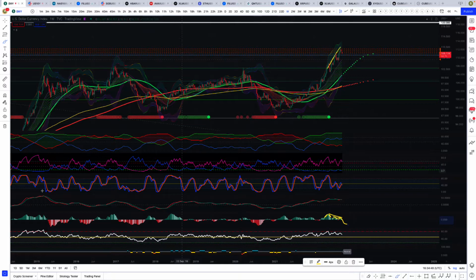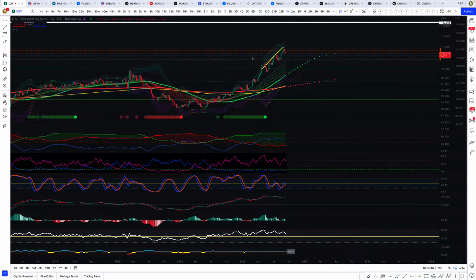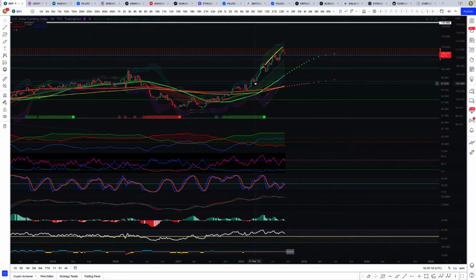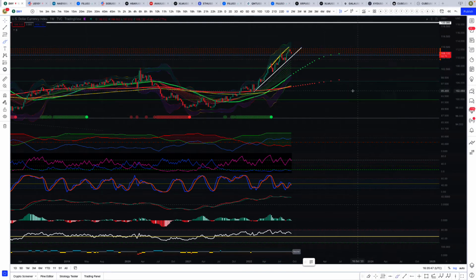Then I want to see us, and let me get rid of this down here. So then we have this trend line coming up like that. So that's going to coincide that if we break that level around 107.5 right here, we want to break that with momentum, and then the key is breaking 106 or 105.8. If we can break that, then this will be the first time that we've broken below this median purple line from the void lines since back when we broke above it here around June of 2021.